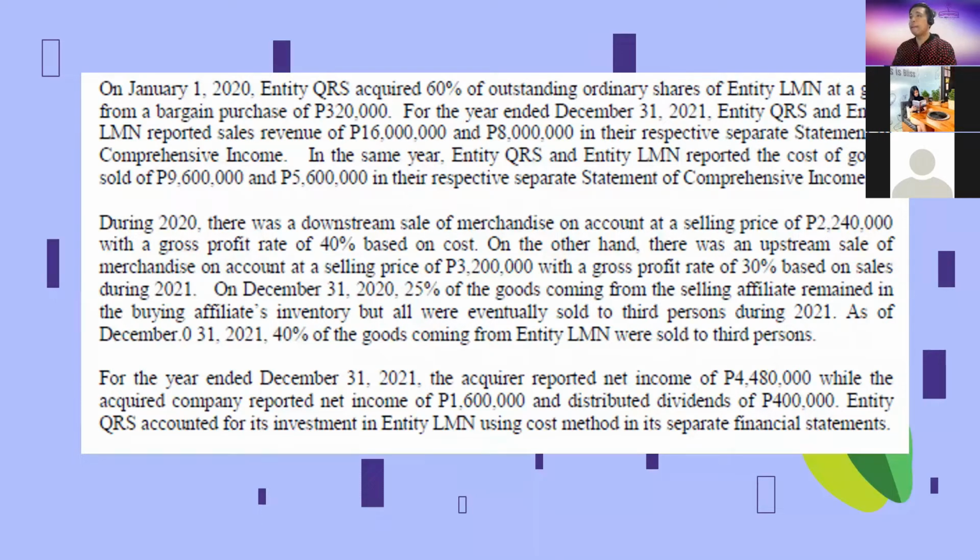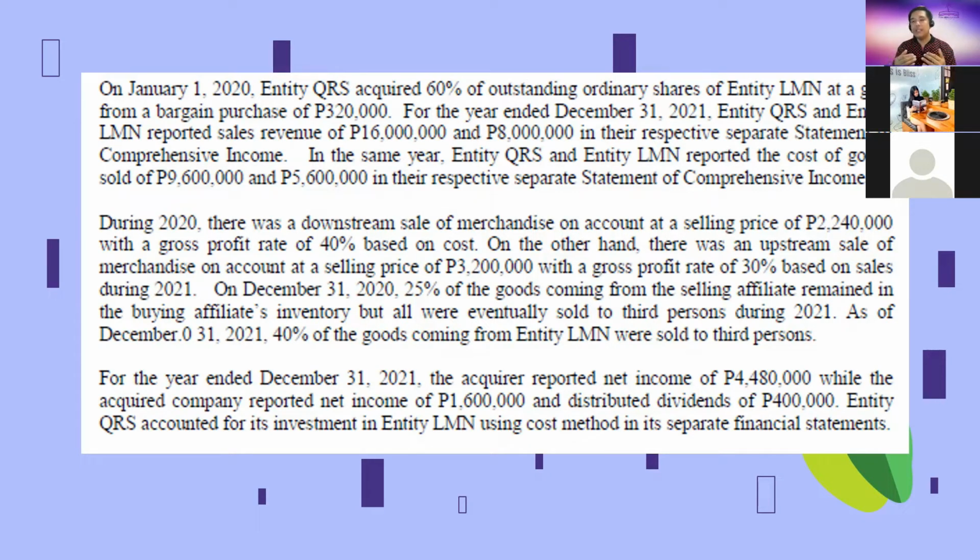Ito class. Pansinin, this is 2020. There was a downstream sale. So parang ganito pa lang, no? Sabi kasi natin, it's important to know kung downstream siya or upstream siya. Why? Kasi nga pag downstream, from parent down to the subsidiary, all the realized or unrealized profit there will be attributable to the parent only. Kaya importante na malaman natin na downstream or upstream. Ulitin ko, pag downstream kasi, all the realized or unrealized profit in the ending inventory will go to the parent